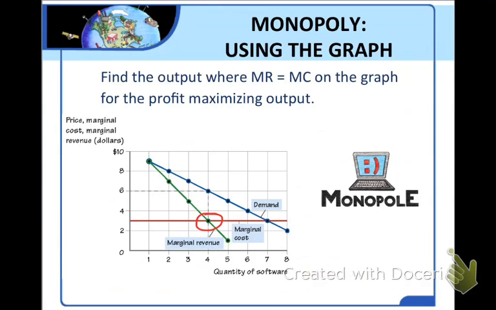To find the highest price Monopoly can charge for 4 units, we look at the height of the demand curve at 4 units. This is the demand curve. And we go up to the height, and we can see at that price, if we follow the dashed line over to the y-axis, up from a quantity of 4 to the demand curve, and then left from the demand curve to the vertical axis, we find the profit-maximizing price of $6.